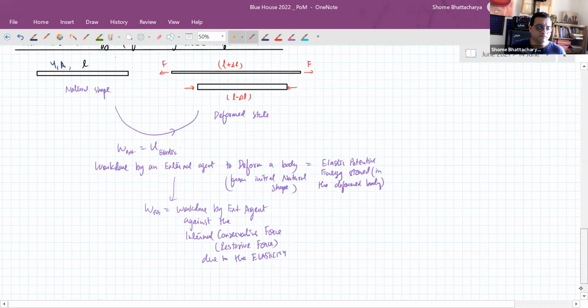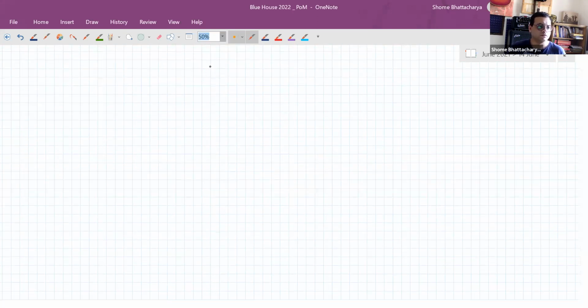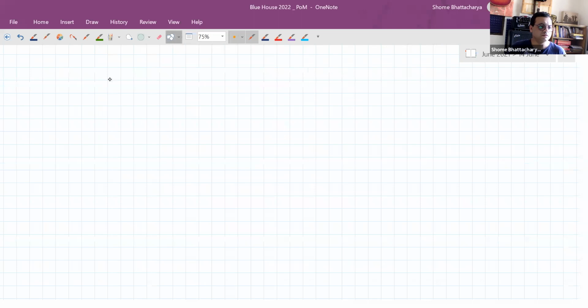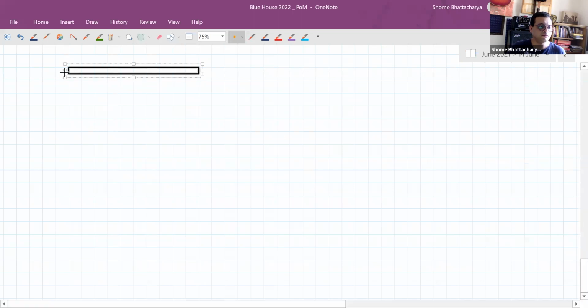Okay, so now let's see the derivation of the formula for this. So basically, let's say we are doing something like this. We have taken our particular body, which is longitudinal in shape, and we've attached it on one side to a wall or something like that. To begin with, it's at natural length, but now we start extending it from this. So at some point of time, it's extended to, let's say, L plus X